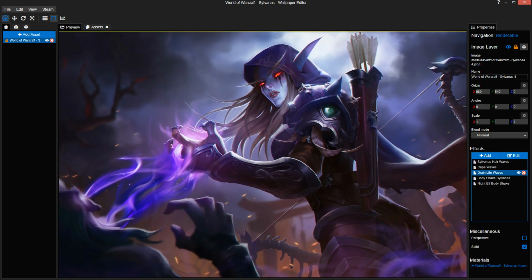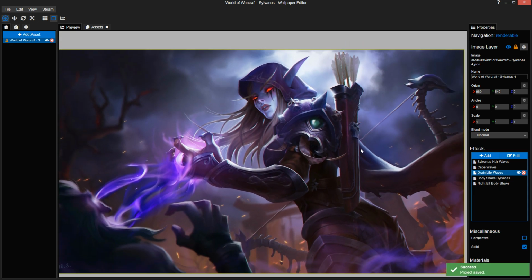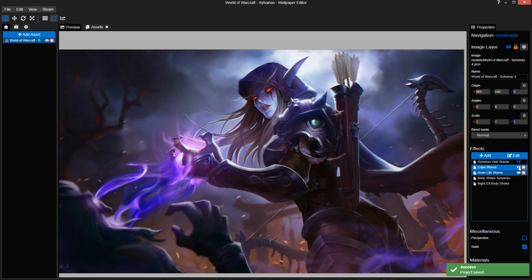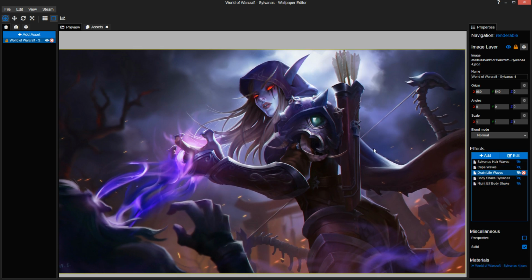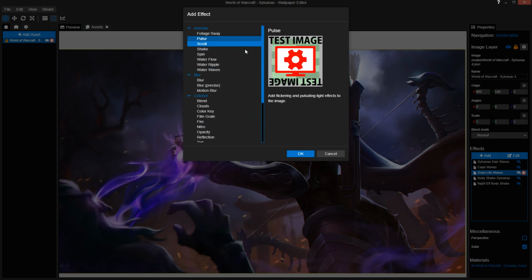Alright. So the next step is adding lighting effects. So, for example, right now I've got all the animations going that I actually want to have going. So now I just want to add things like light, make it more alive. So the simple things, there are 3 ways you can actually add lighting, in my opinion, that are actually looking good. The first one is pulse.